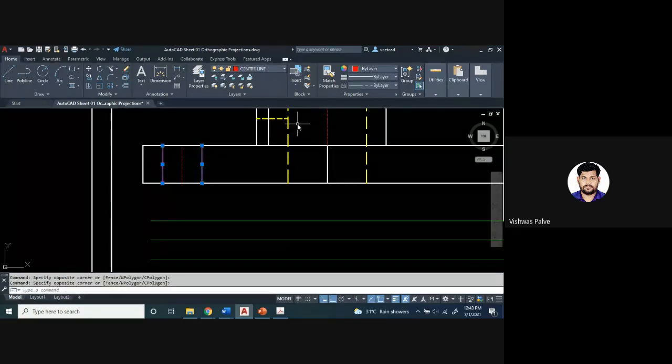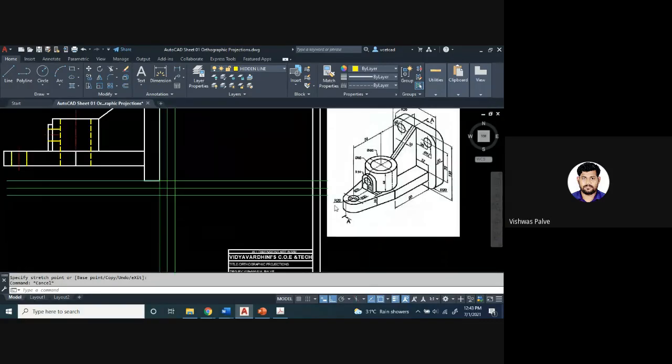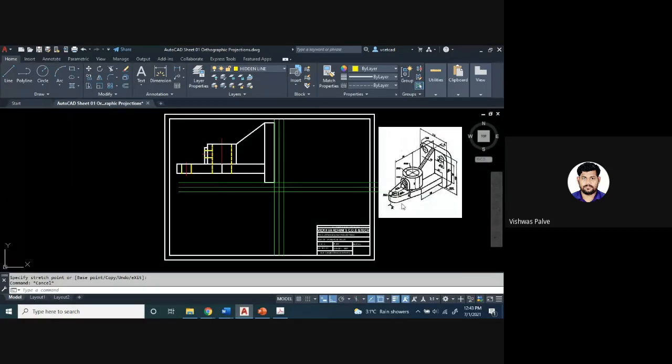Convert this, select this line, match property, this should be hidden. Center lines are always extended away from the object. Okay, so this circular portion has also been shown in the front view as hidden.